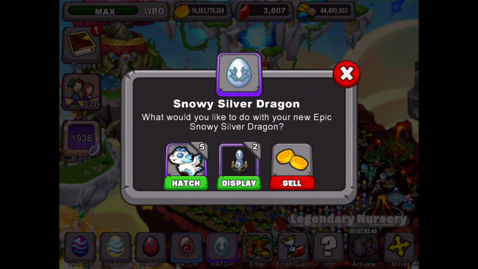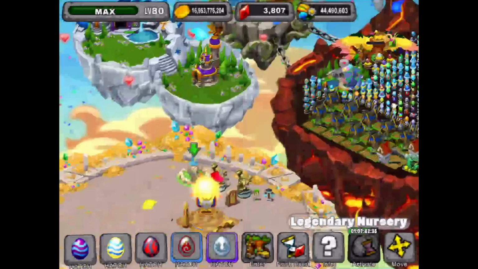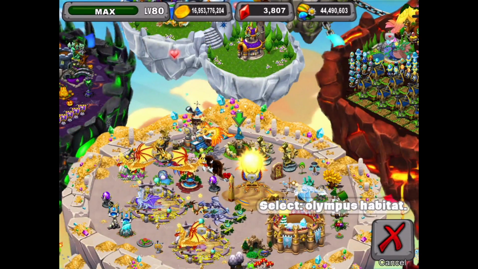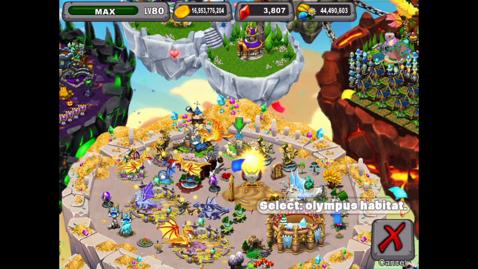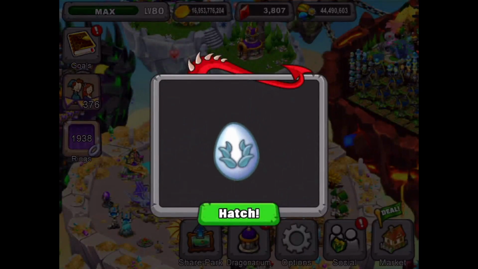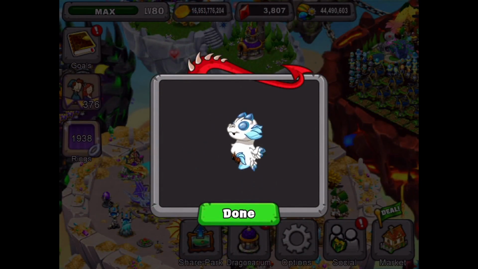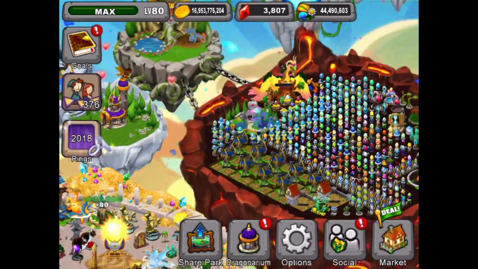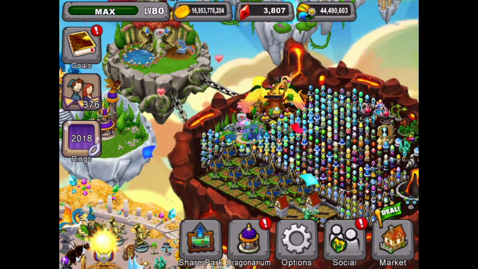and hatch, display, or sell these eggs. And we have 5 snowy silver dragons, and I'm going to hatch this because of those large Olympus habitats that are there, just in case. Now we can put it right in there. I thought our hibernation cave was full, but it's not. We got some room in there. And let's do our next